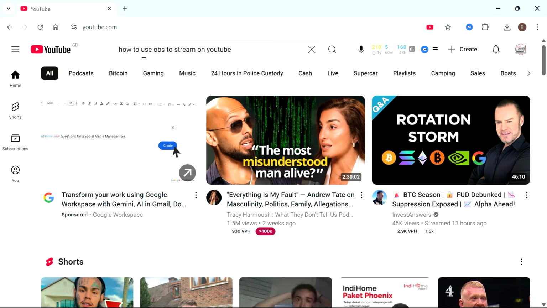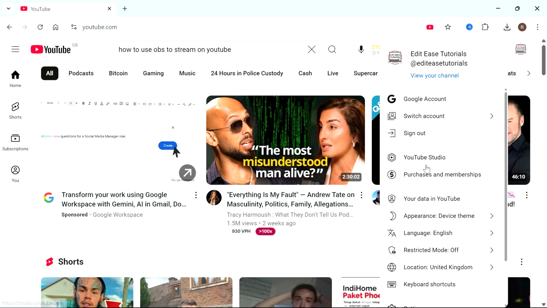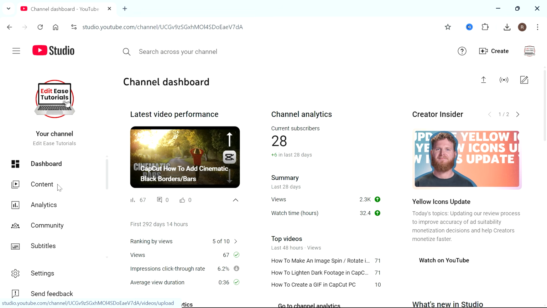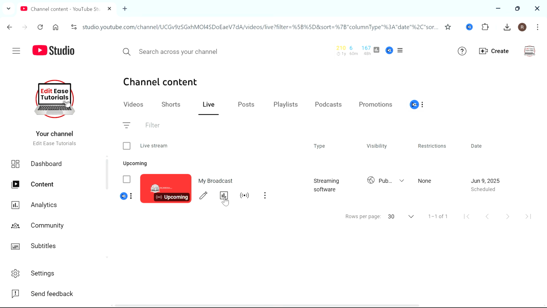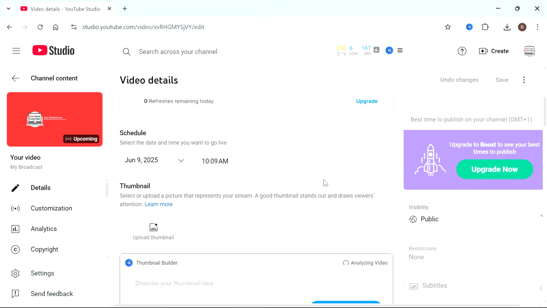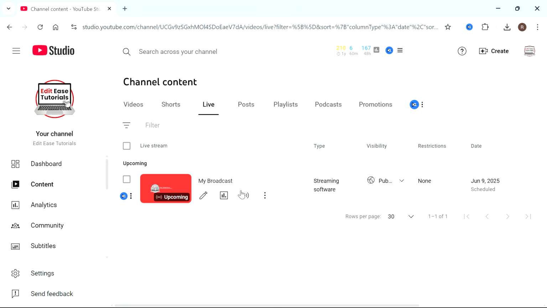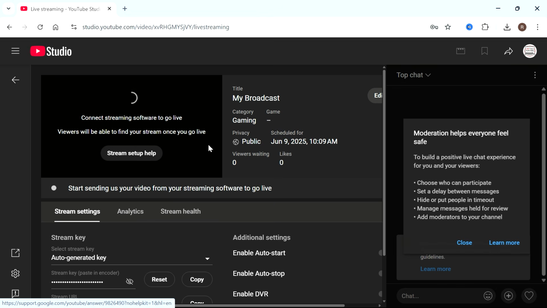Now what you can do is go and open up the YouTube application, click on your profile icon in the top right hand side and click on YouTube Studio. In the left, click on content, click on live. And now you should be able to find your broadcast. We can go and click on this, and here you can change all of the settings for your broadcast. You can also click on this view in live control room, and this is going to show you a live